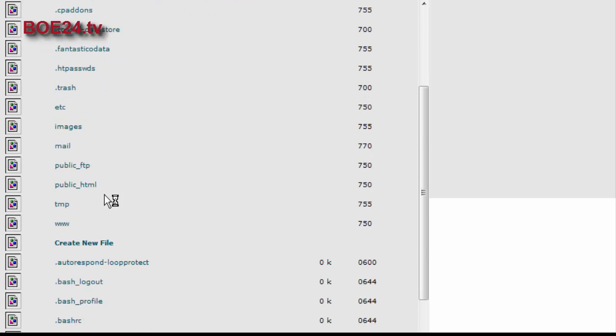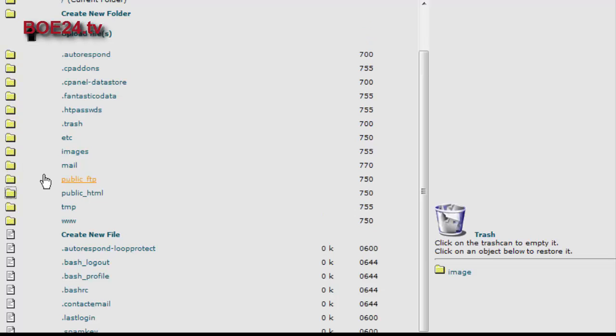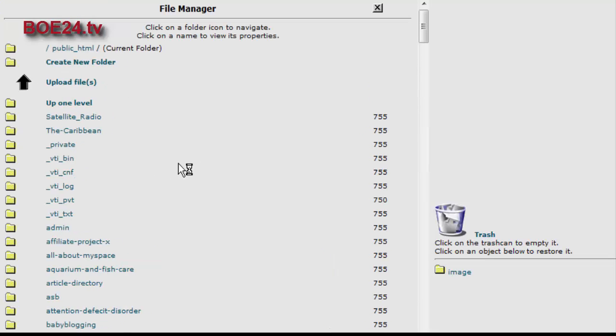So you need to go into where your web documents are. In a lot of cases it's in a folder called public_html. Other servers might use something called htdocs. If you don't know that, you'd need to contact your server provider and find out. Anyway, so we go inside there, and then in here we can create our directory that we want to password